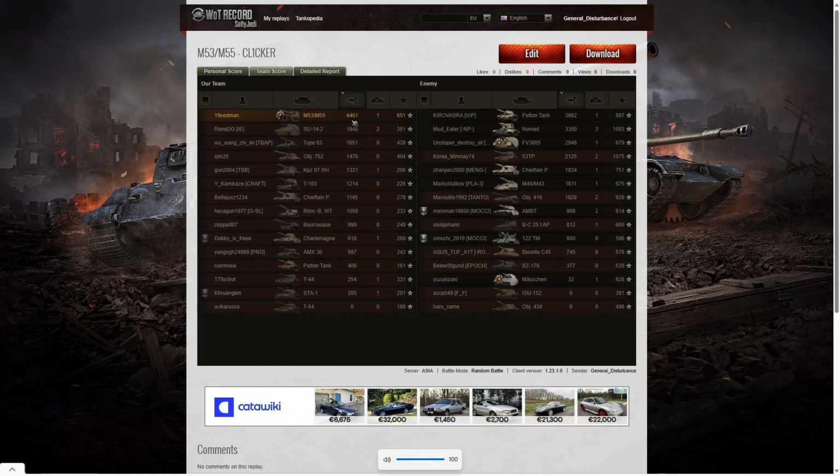So he managed to get 4,461 hit points of damage. The next highest damage was the pattern tank on the enemy team, 3,662. Then the Nomad with 3,350 in third place. You can see the next best player on CL1CKER's team actually only got 1,848, and that turned out to be the Su-14-2, the school bus. So yes, his teammates weren't very good actually in that game, and they just weren't performing at the same standard as CL1CKER,